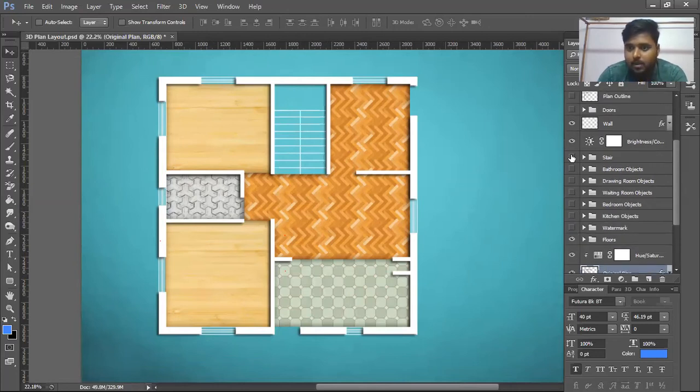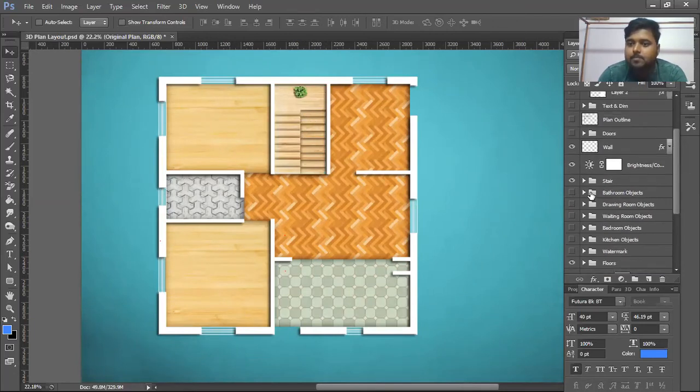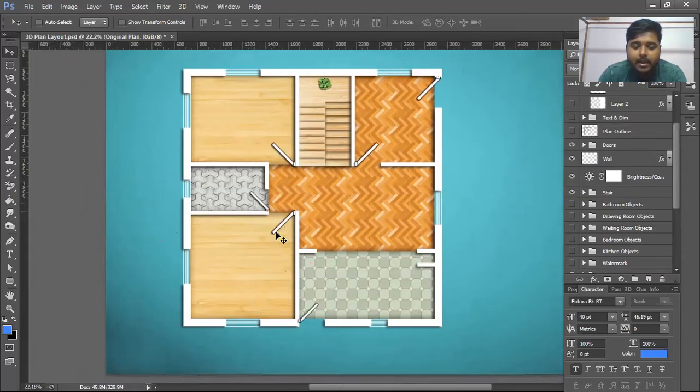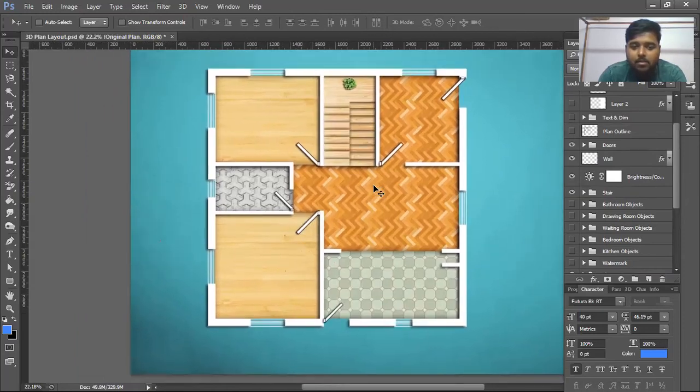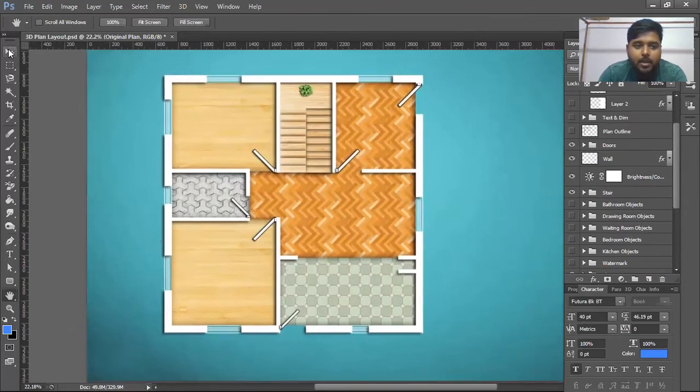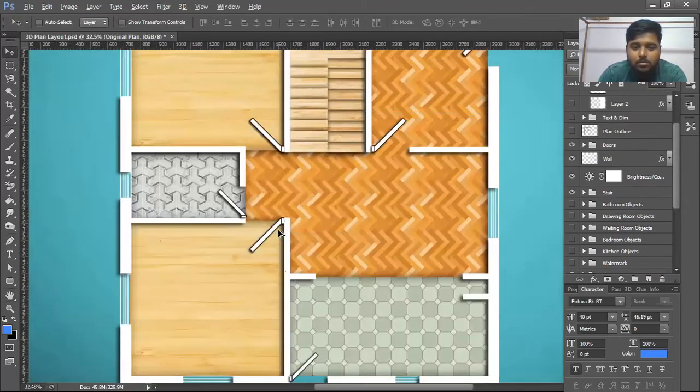Then you can show your stairs like this. Then the doors, or you can also show some attractive doors. This is basically rectangles, nothing else. Okay, I haven't worked that much upon this, but you can make it more beautiful in terms of looks.